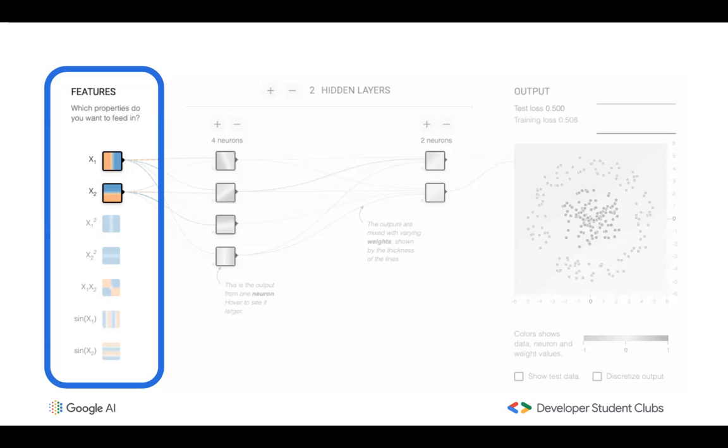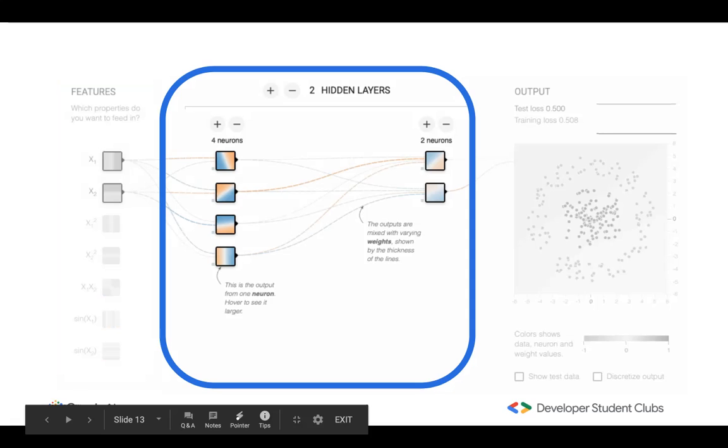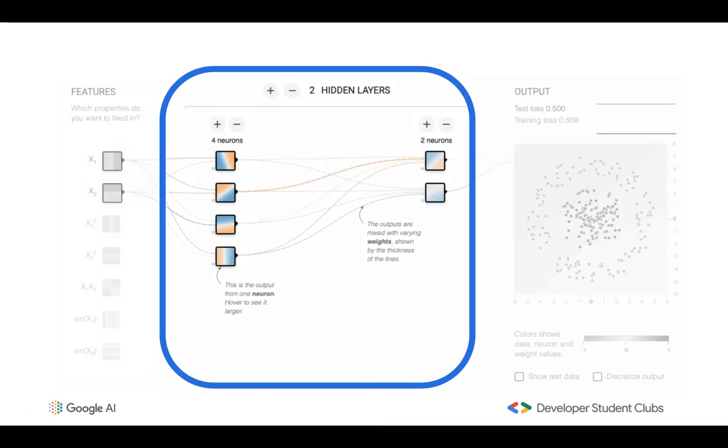Now we're going to look at the middle section, which is the hidden layers, and this is essentially where the magic happens. These hidden layers take in our input features and pass on information from one layer of neurons to the next. It's in this region where the complex patterns in the data are discovered. Permutations of the feature data are tested on how well they separate the data. So the outcome is graded. This is known as loss.